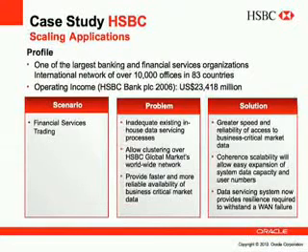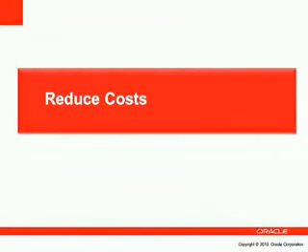And at HSBC as well, they used Coherence to cache reference information. So they have market information which a lot of their applications need in multiple locations. They put that information in a Coherence cache, and they had two clusters, one in Paris and one in London. So they share the information between those sites, and it enables the applications situated in those locations to very quickly access the information and be assured they're getting the latest copy of it.